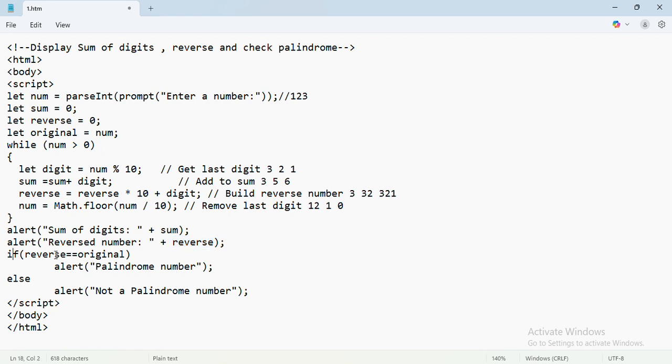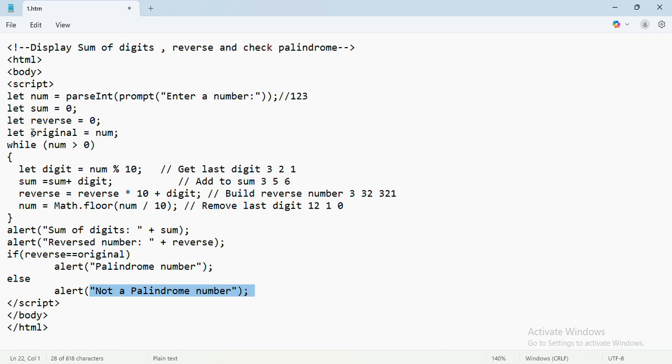And we are checking if reverse and the original value are the same. What was the original value? The original value was 123, because whatever is there in num we have stored in the original value. So the original value was 123 and the reverse is 321. We have just compared whether both are the same, both are not the same, so it will display the result: not a palindrome number.